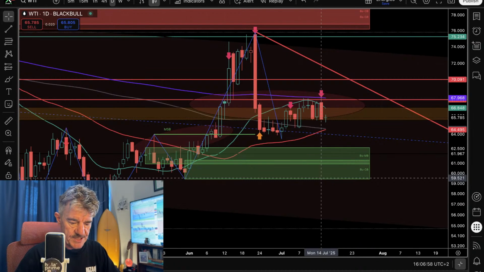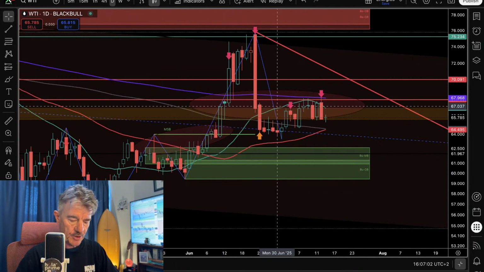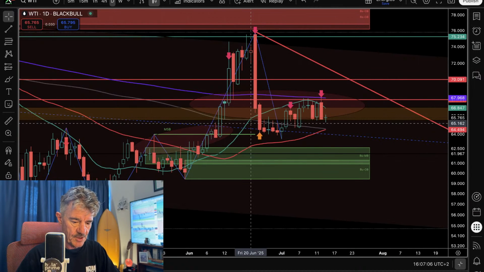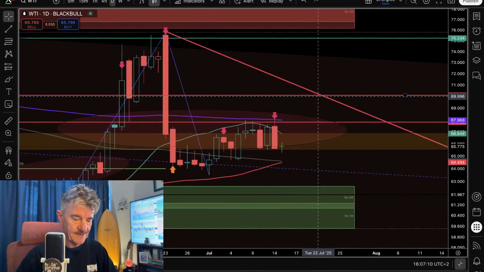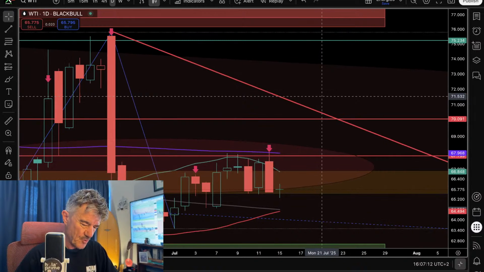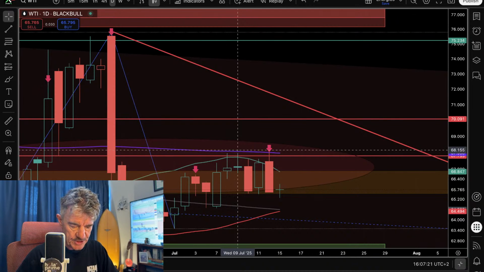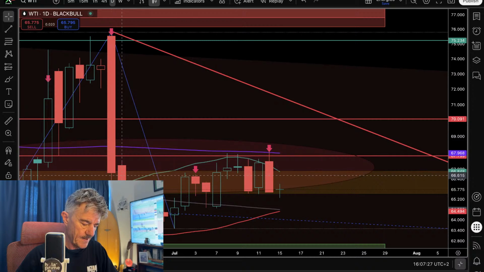So WTI reaching up to the 200-period moving average. That's the purple line here. And the 20-period moving average, the green one, curling down beautifully as we move down. We sold up at that level after having performed a tweezer top, a triple one actually, quite interestingly, well, not quite a triple, certainly a double tweezer top at precisely the 200-period moving average on this day chart on WTI, and then moving down very sharply,